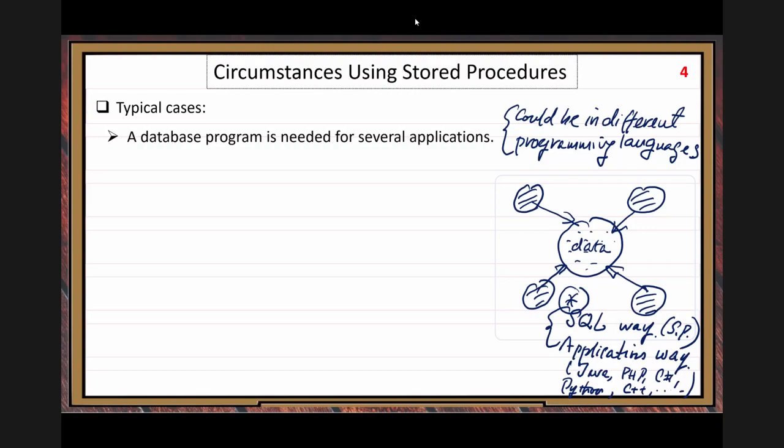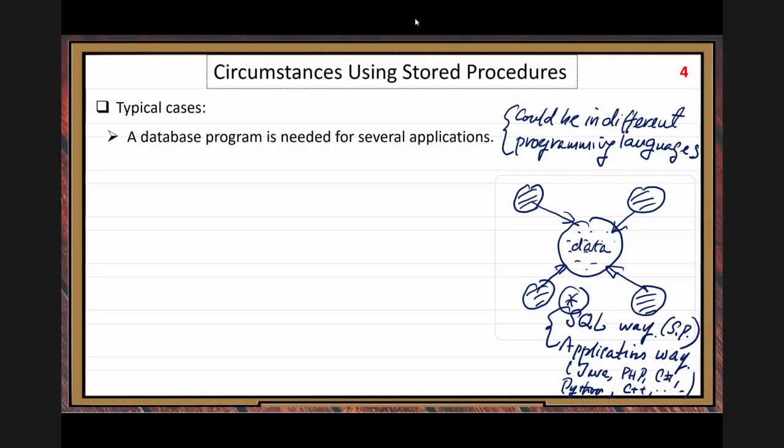So we just use one single SQL implementation running in our database servers. When people need it, they just do a remote call. We send a call, procedure A, B, C, D. That's all you need to do.